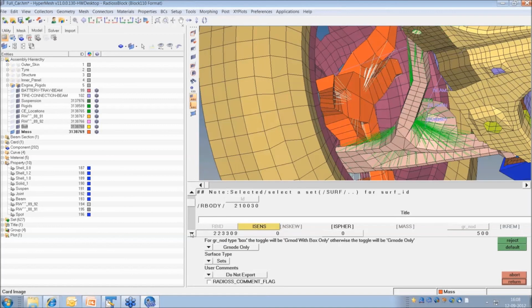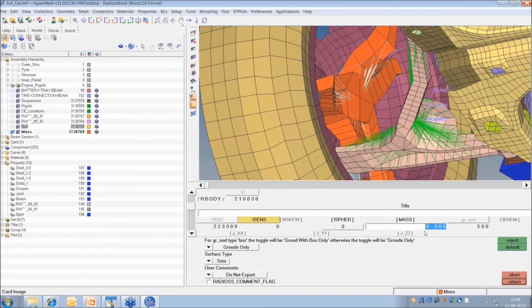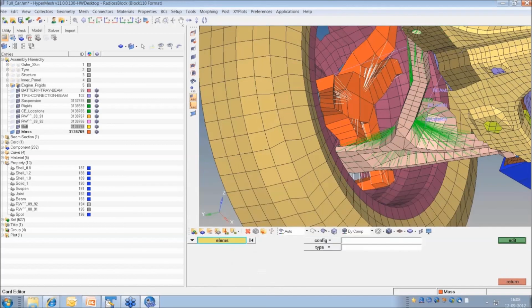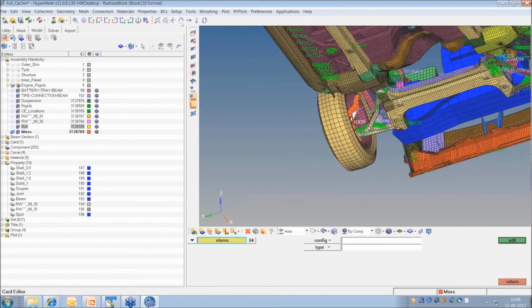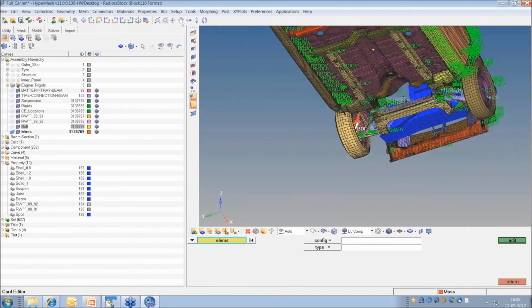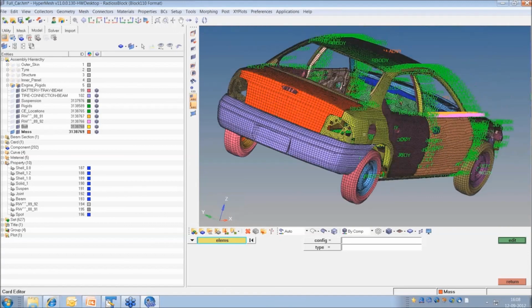In the rigid element itself, you have this mass card. It may have some 0.01, 10 kg. So this is how we apply the mass. If we have to apply the mass directly on a rigid body, we don't create the mass element over there. Directly you can put the mass. So that is the way we create the mass.